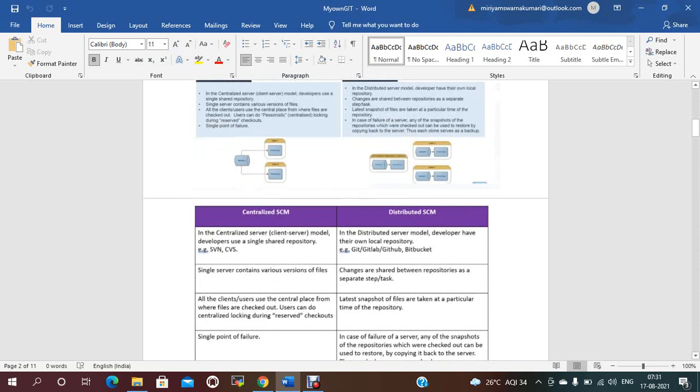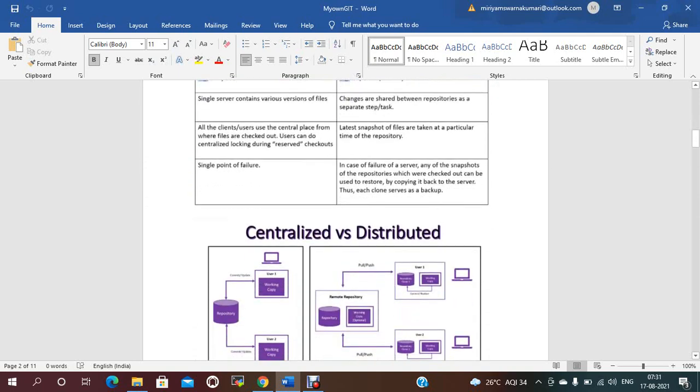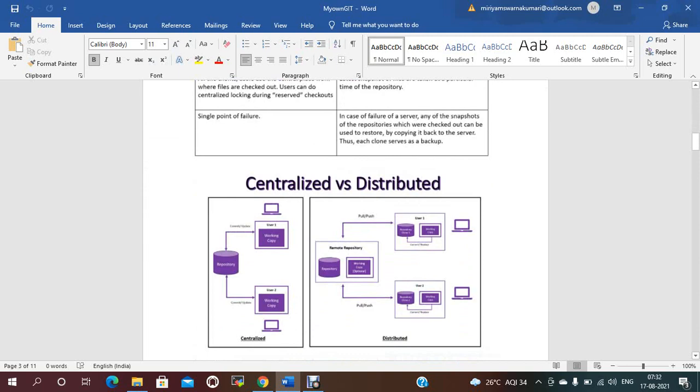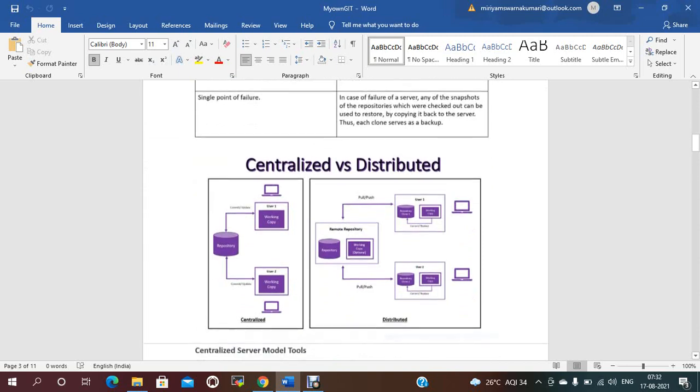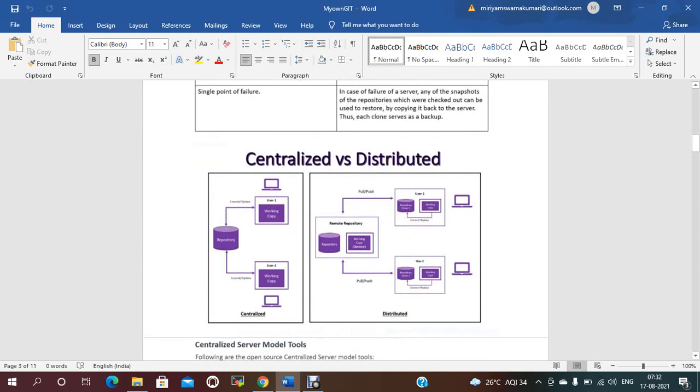Now it comes to Git. Coming to the architecture of centralized and distributed, in the centralized we have one repository only. Once a developer commits their changes into the repository, others can take them and work on top of that. So that is the centralized picture.